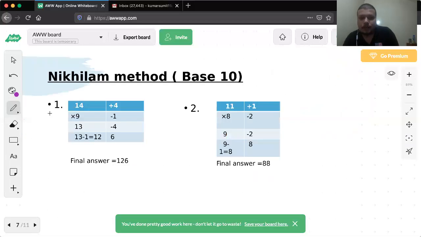Now again, here we can see we have one number which is greater than 10, one number which is less than 10. Now this is going to be some more fun, guys. Now let's see how this is done. 14 is 4 greater than 10. 9 is 1 less than 10. Fine. So what we do now is 4 plus 4 into minus 1 we will do. Plus into minus is minus, then we get our answer is minus 4.